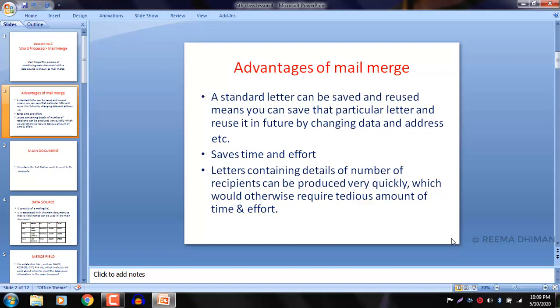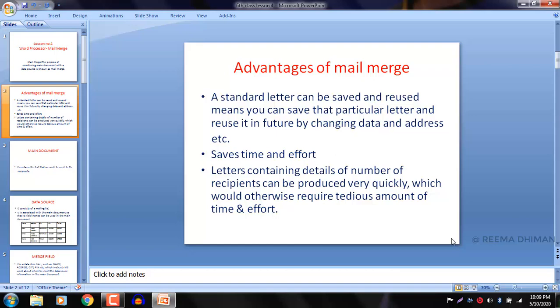Obviously nobody wants to waste his her time. So instead of typing the same letter again and again, we just type the letter for a single time. So mail merge helps us to save time and effort. That's why we use mail merge command.